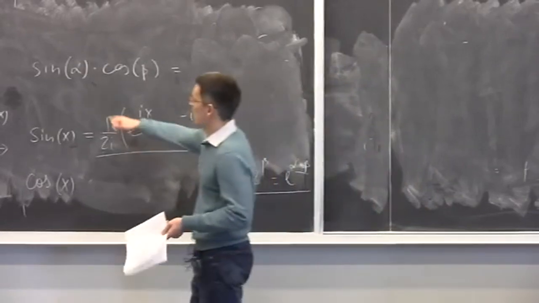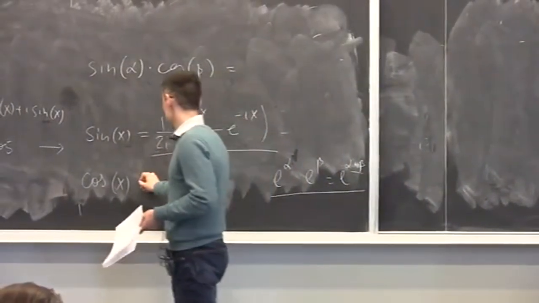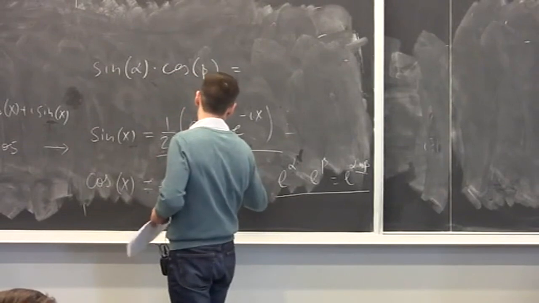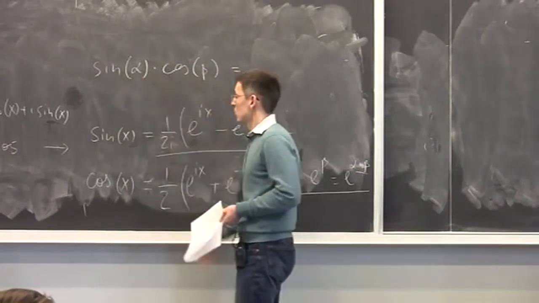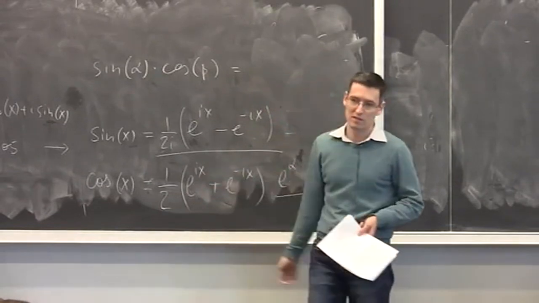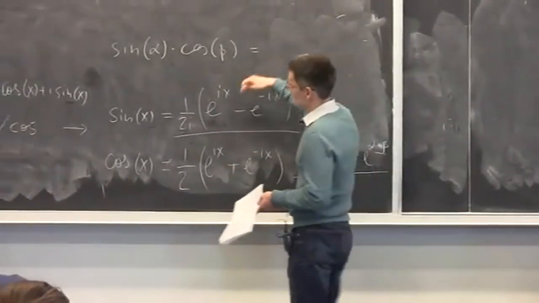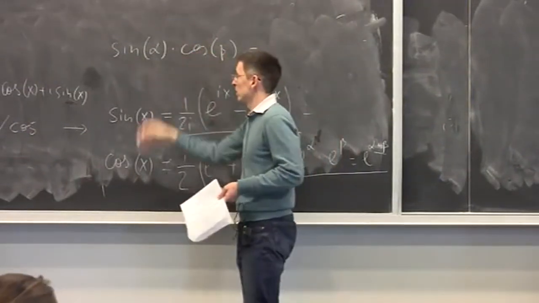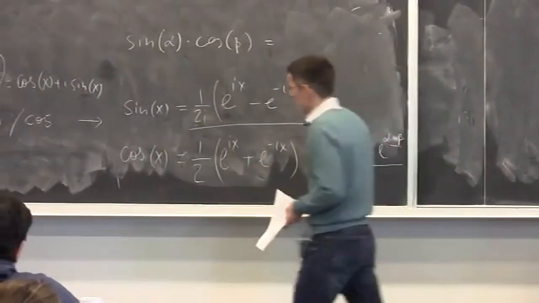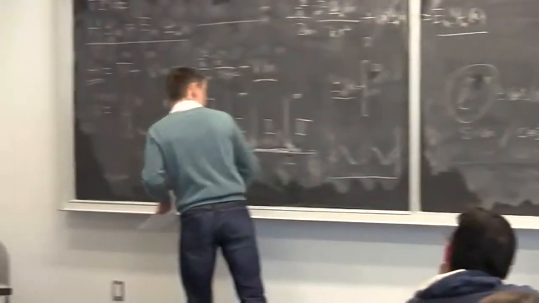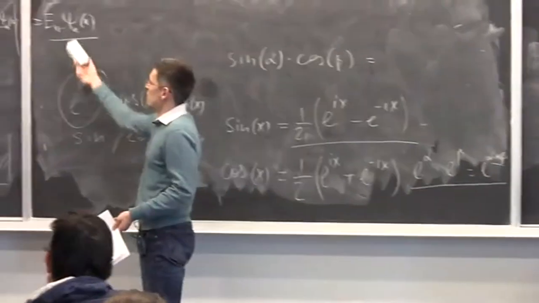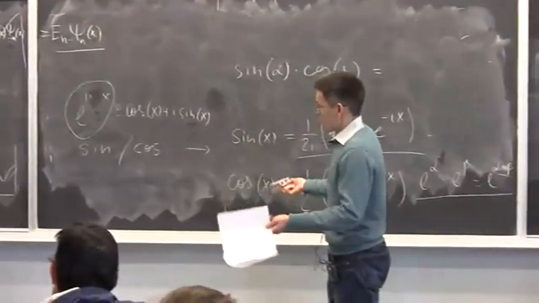the exponents. So if you write the sine function as a linear combination of exponents, the cosine function also can be written as 1/2 of e to the ix plus e to the minus ix, right? So you put the sine and cosine in this expression, and you will get linear combinations of products of the exponents, and then easily you can obtain the formulas for products of sine of alpha plus beta and cosine alpha minus beta, that sort of stuff. So you can do it and obtain these things. Now, as you can see, sine, cosine, or exponent. So exponent is more fundamental. You can think of this function as a linear combination of exponents, or sine and cosine, because